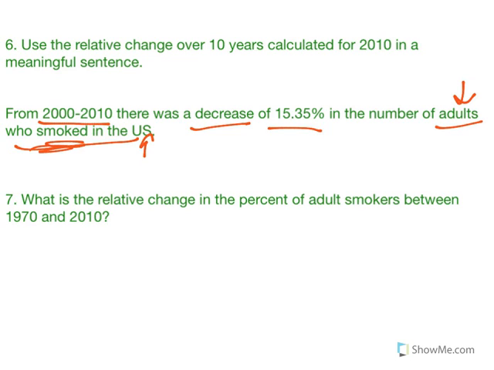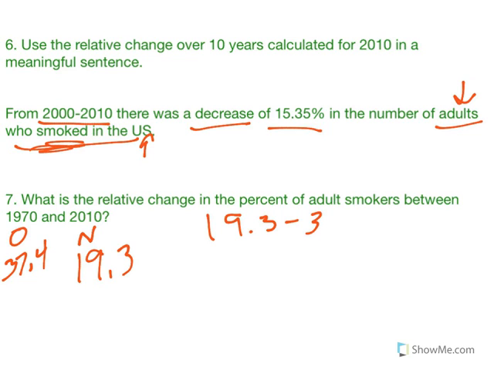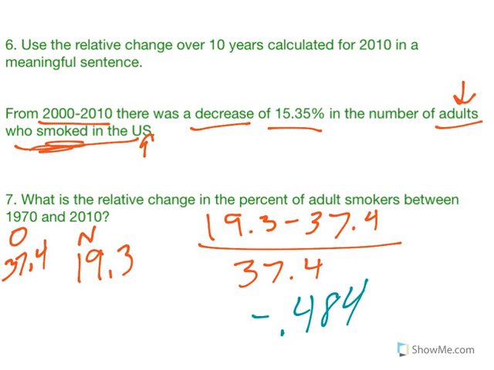Now, in number 7, relative change in the percent of adult smokers between 70 and 10. Well, 2010 is new, 1970 is old. So in 2010, we had 19.3, and in 1970, we had 37.4. So new minus old divided by old gives us an answer of negative 0.484. So you could think of a negative 48% drop from 1970 to 2010, which is very significant